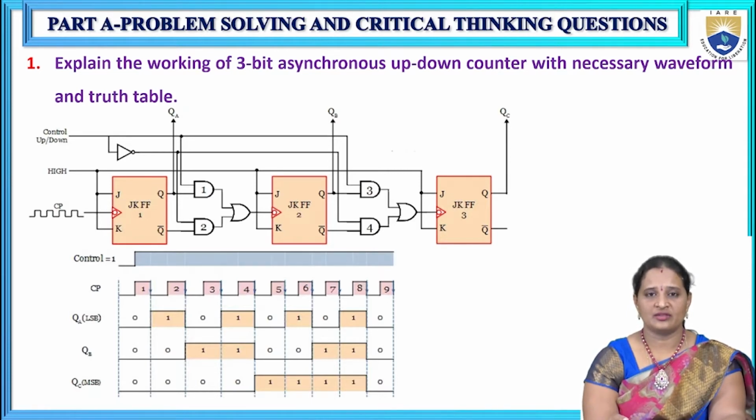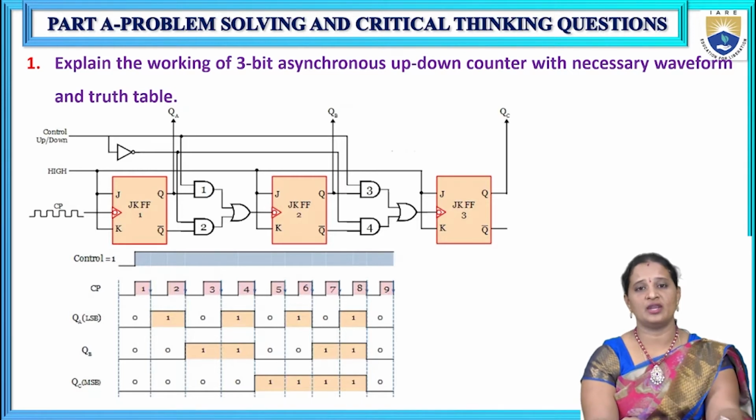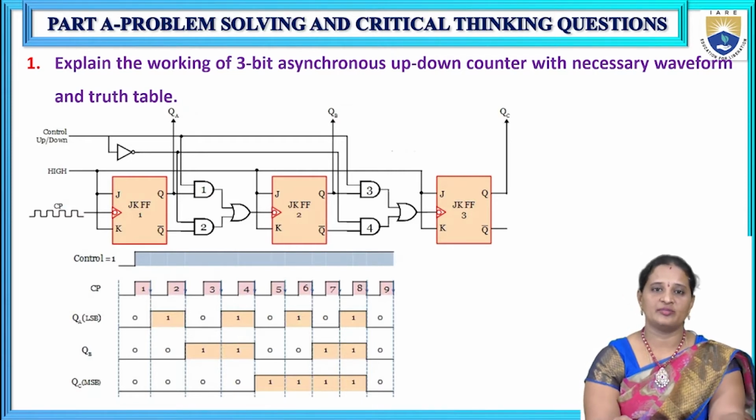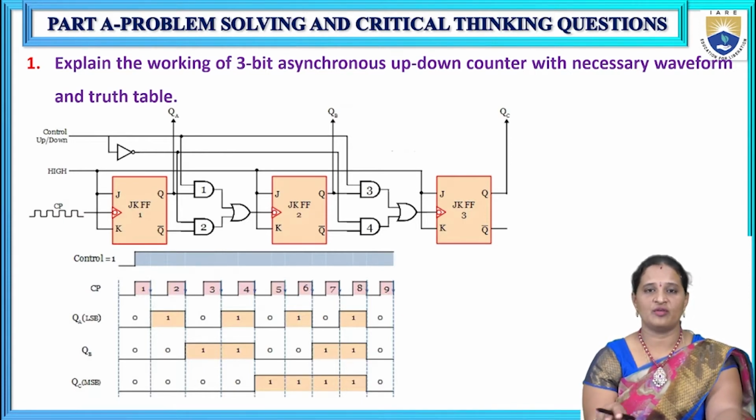While cascading the flip-flops, if all the flip-flops are applied with the same clock, then that type of counter is said to be a synchronous counter. If all the flip-flops are applied with different clocks, like the first flip-flop is applied with the clock pulse whose pulses are to be counted, whereas the output of the first flip-flop is applied as the clock input to the second flip-flop, and the second flip-flop output is applied as the clock input to the third flip-flop. Like that, if all the flip-flops are applied with a different clock, then we call that type of counter